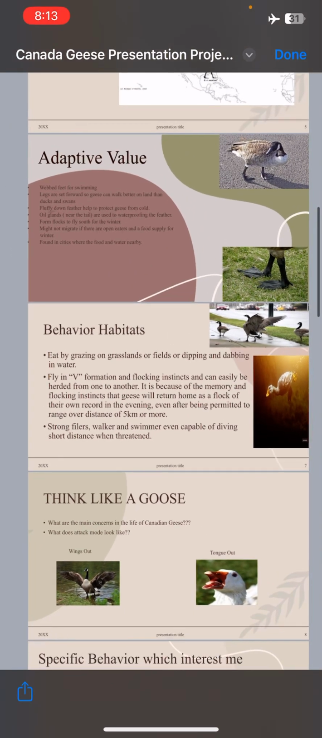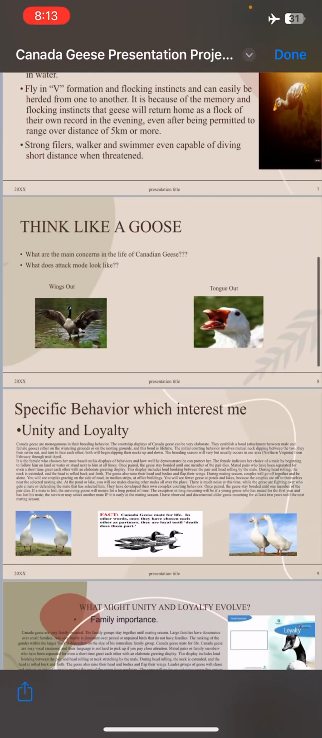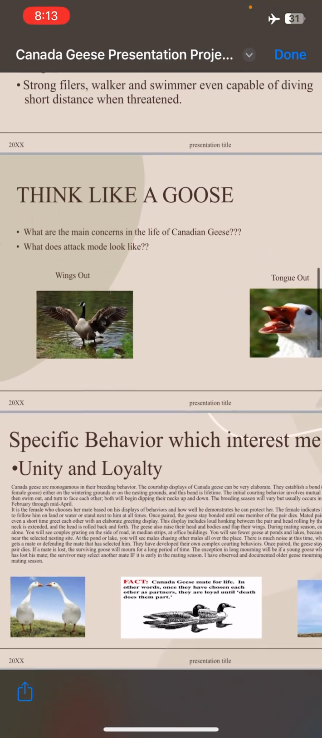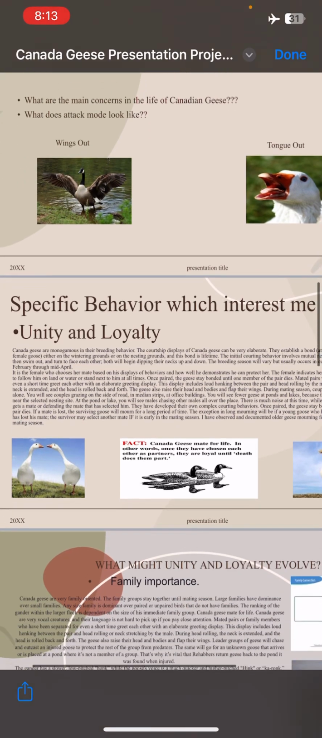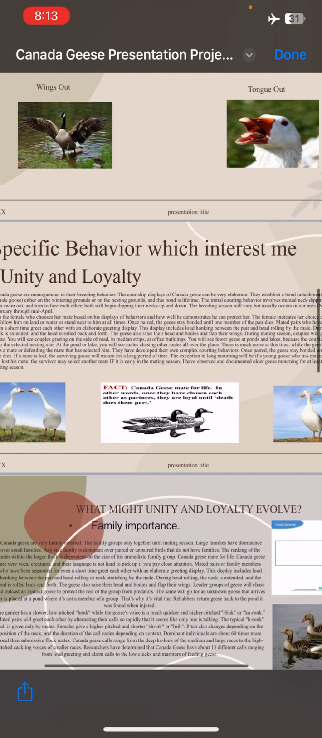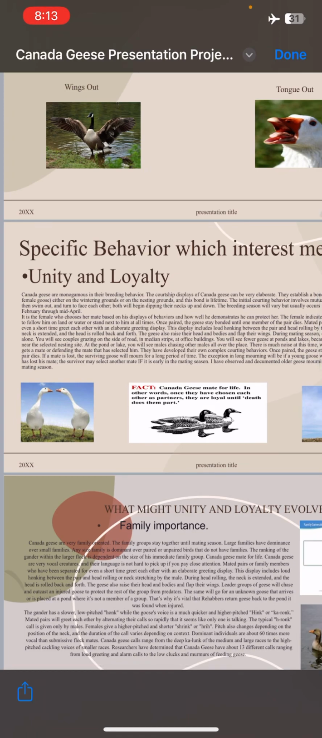And on this slide, as you can see, I describe other things, like think like a goose. When the goose has its wings out or its tongue out, they are mad at you. So we had better not mess with them. That's one of the most instant behaviors that you can automatically catch on to, to tell whether they are mad or not. So on this slide, it's a specific behavior which interested me in this animal,